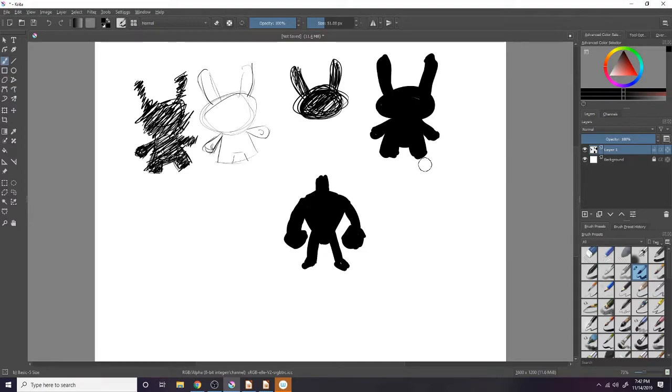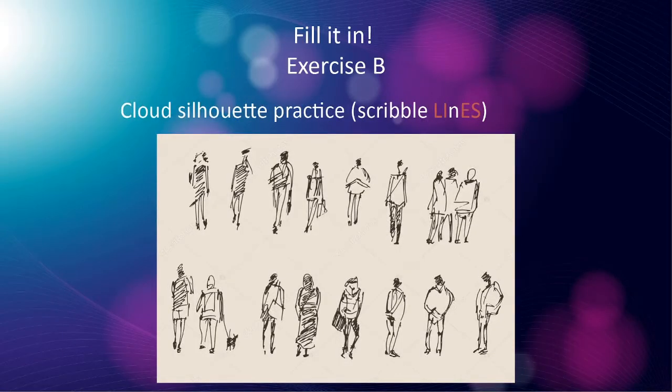So that's basically what this is working on, just throwing down some lines to get a sense of the silhouette of the character. A lot of times it defines the character and also the character traits of that character. And that was the silhouette practice. Hopefully you got one done while I was working on those.